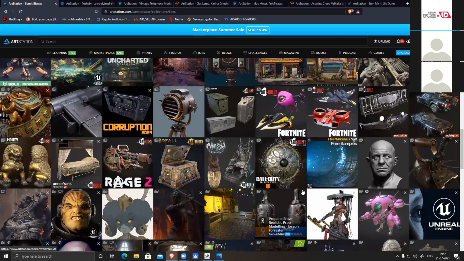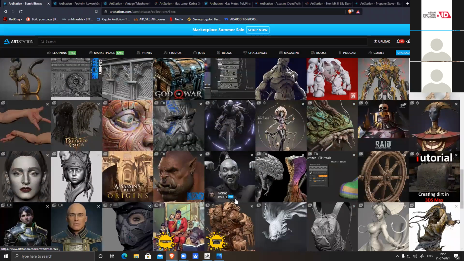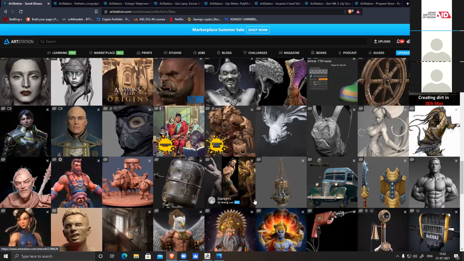Whatever characters we have, we don't have to make game-ready models for all of them, right? No, you don't have to. For characters it works entirely differently. There are artists who only do ZBrush sculpting, artists who only do low poly, and artists who only do texturing. So we can just make the high poly as well.